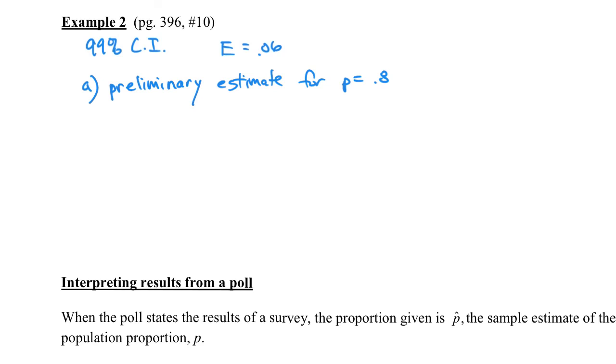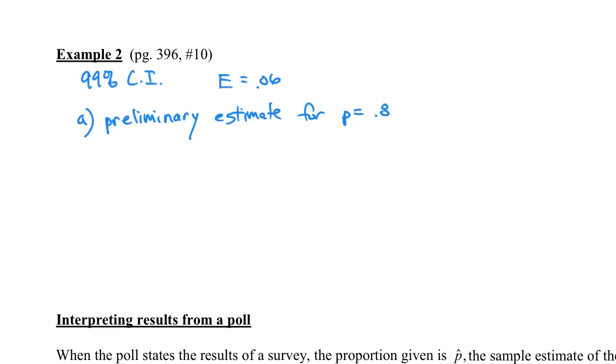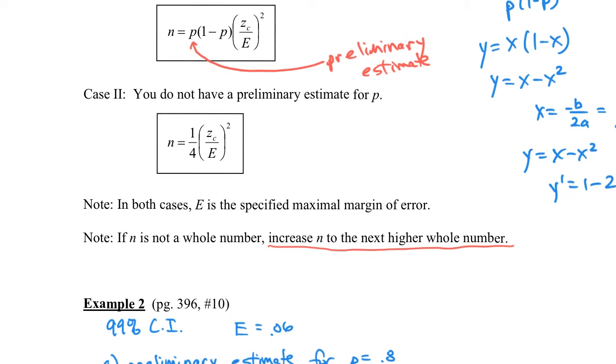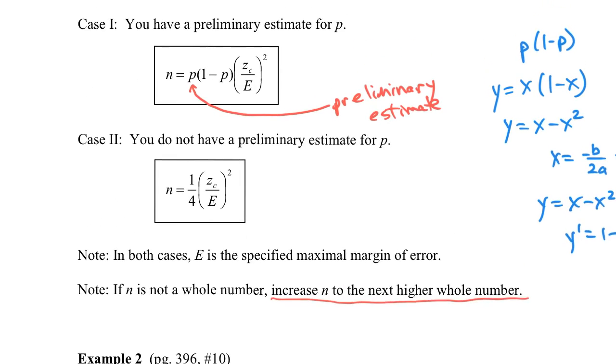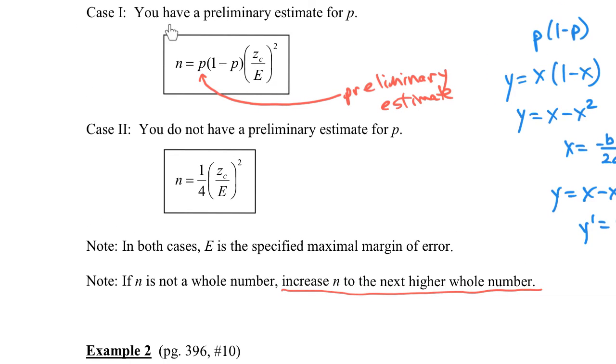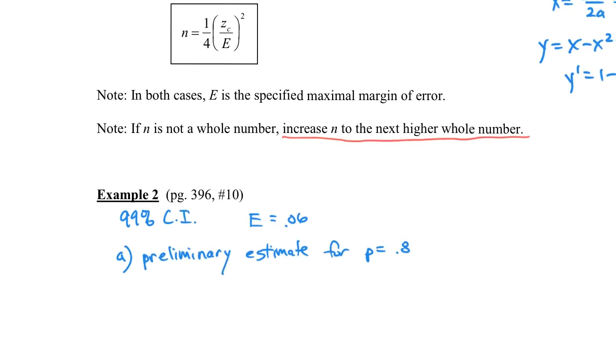So to answer this question, we first just have to know what they're asking. They want to know the minimal sample size, right? And we're talking about, in this case, P, not mu, but P. So we would look at our formula on the Chapter 7 handout, or in this case, I'll look right here. But we have a preliminary estimate. So that means we're going to use this first one. You have a preliminary estimate, so we're going to use this formula right here. So go back down here,